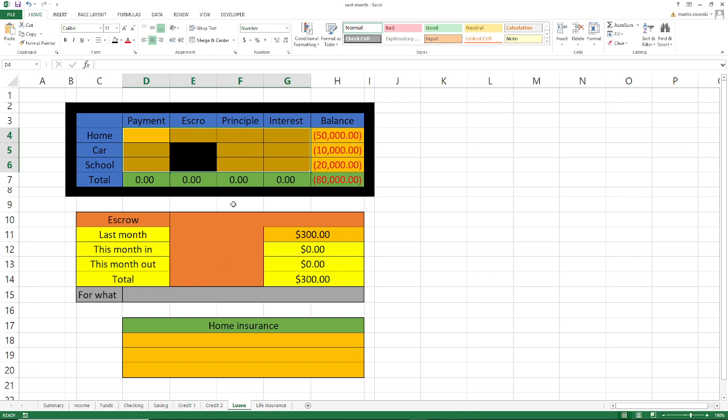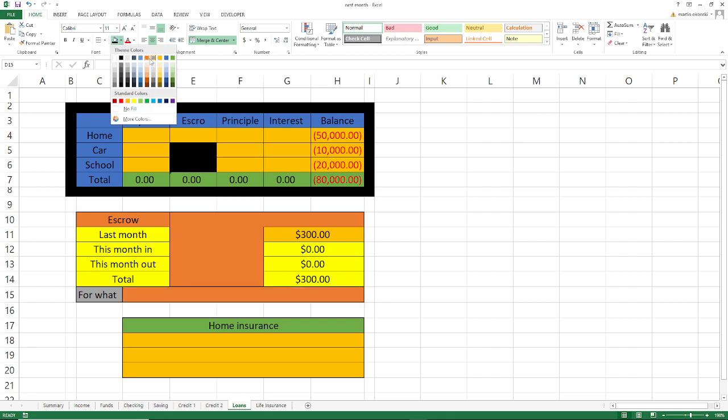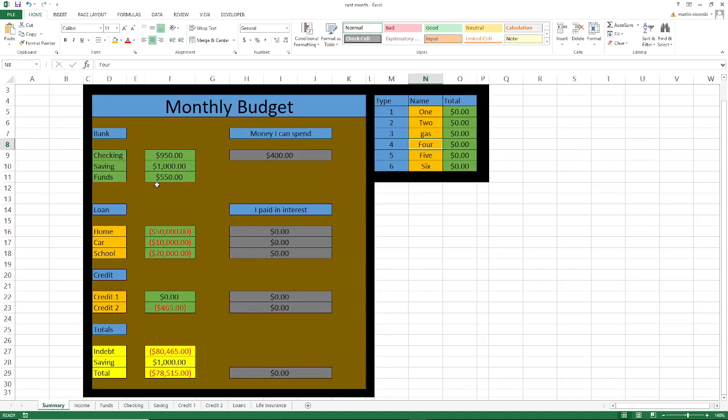Oh, I forgot to tell you, when you take the money out, let's say insurance came out here, you can type it right in here for insurance or whatever. And in a nutshell, that is my budget. I told you how to work the budget. I told you how to take these numbers and put them in to account for the monthly budget, so you can keep track of your money monthly.